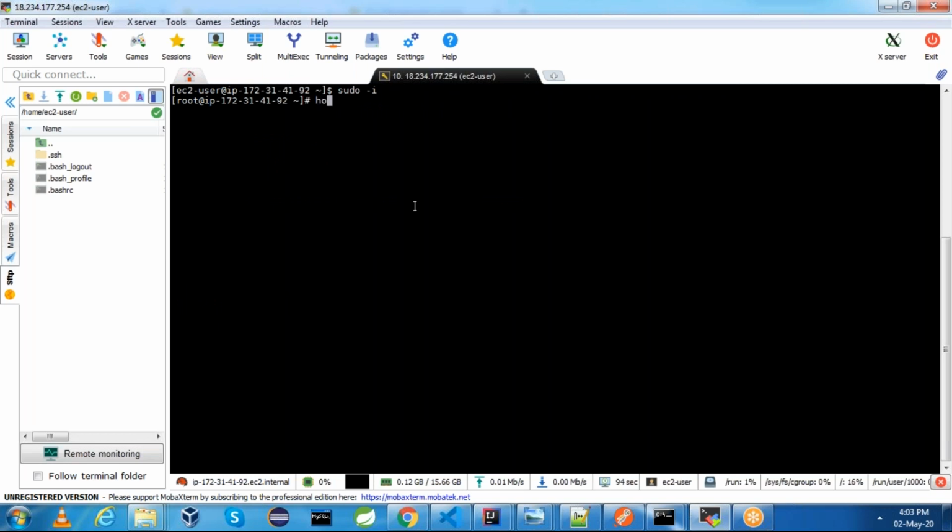Just set the host name for easy identification of your server. hostnamectl set-hostname Kafka 1, and install Java 8: yum install java-1.8.0-openjdk.